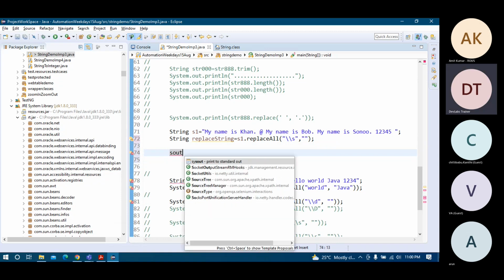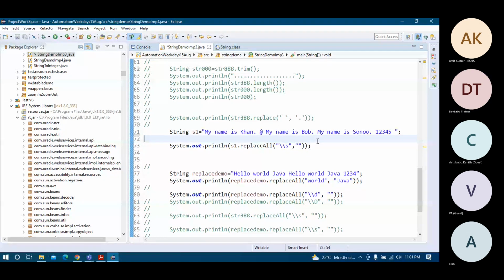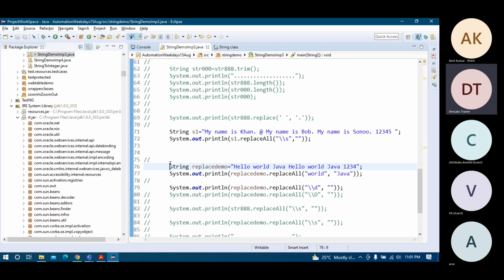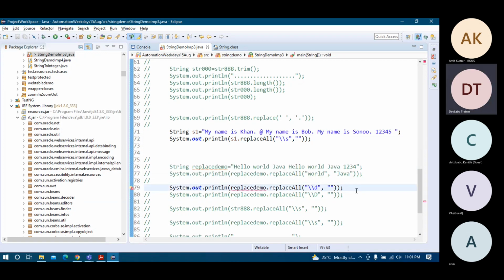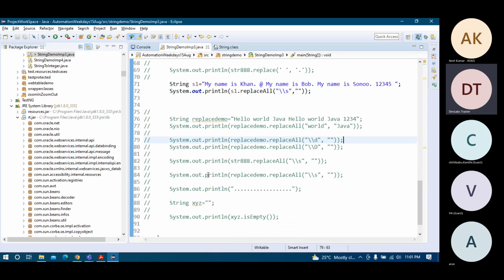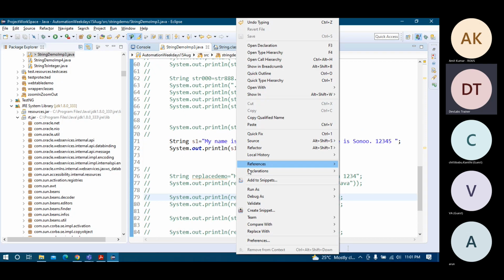I think dots and these things also get replaced, but let me check once. Let me comment this part. So if I am running this,